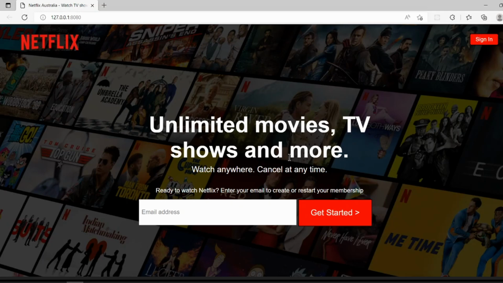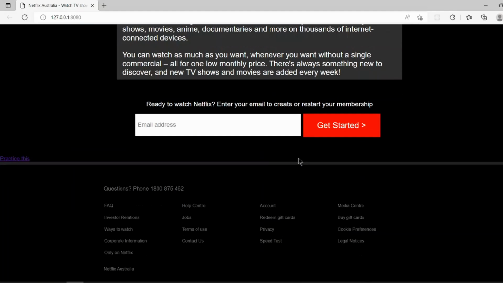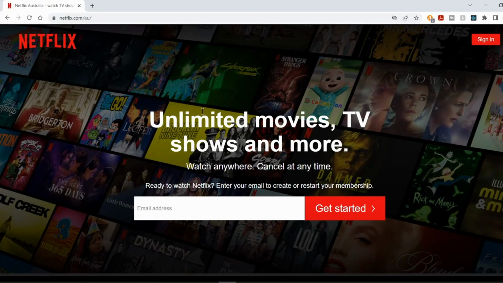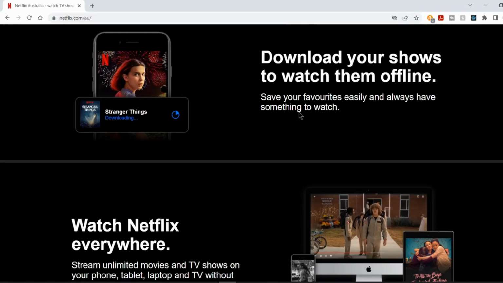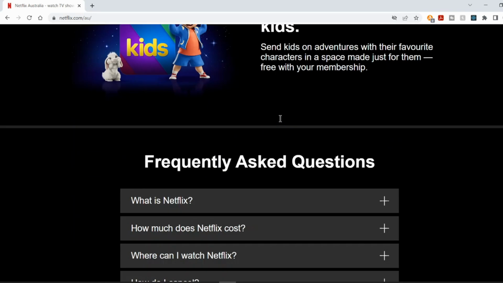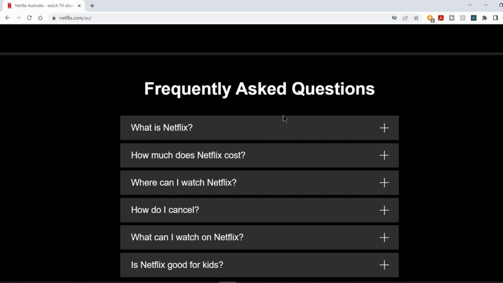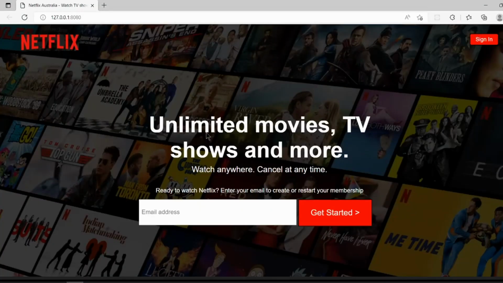So this was the website that we created, and this one is the official Netflix website that we have over here. So we tried to make it as similar as we can, and as you can see it's pretty much similar, just a few differences in the sizes, and most of it is very similar. Let me just show. So this is the one that we created,